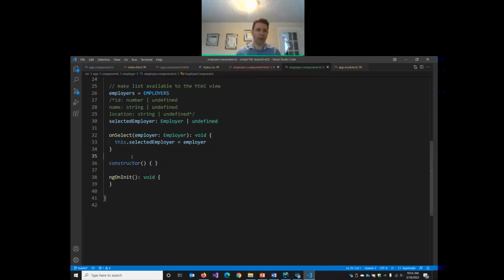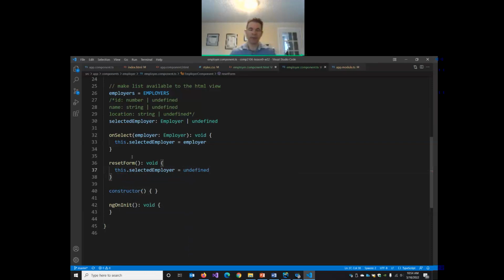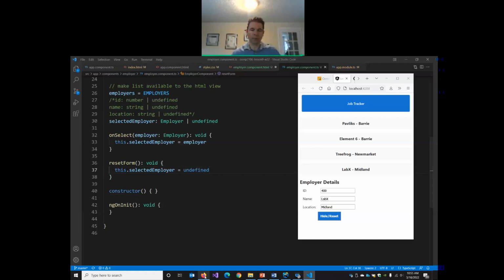So we'll create a resetForm method, which is void. It doesn't return anything. And we can just say this.selectedEmployer, we'll set it to undefined. So that will clear out the employer. That should automatically hide the form and empty the form inputs. We can click, and as soon as I click hide,